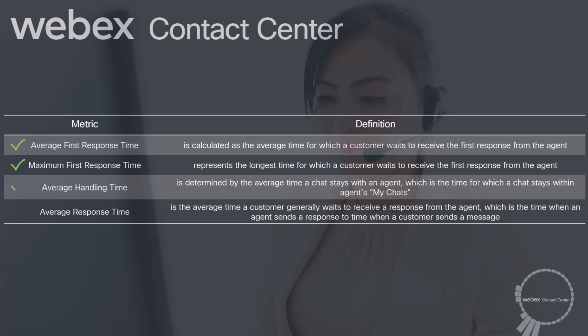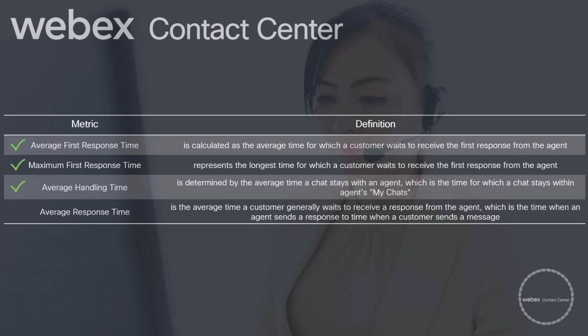The average handling time is determined by the average time a chat stays with an agent, which is the time for which a chat stays within Agents My Chats. This duration is calculated for all chats that have been created that day, since 12 a.m., and the average of those values is used.